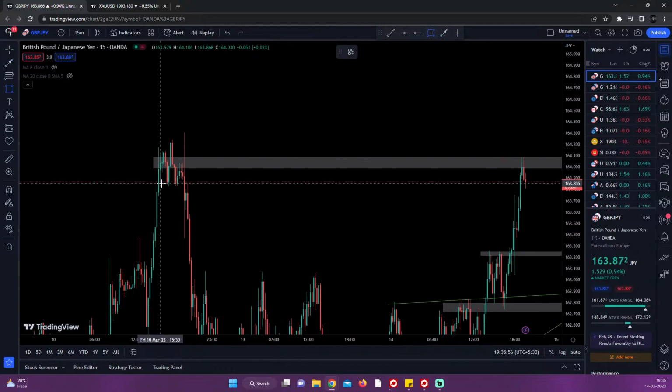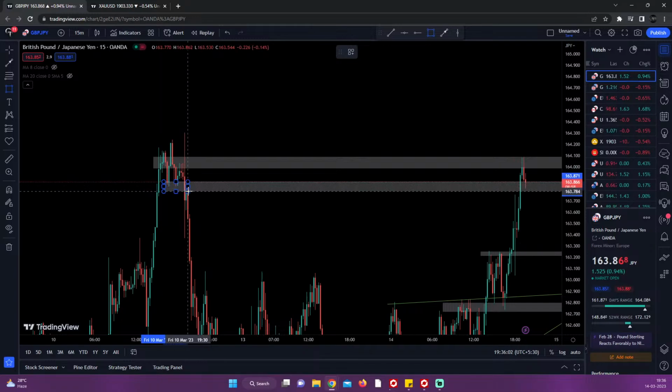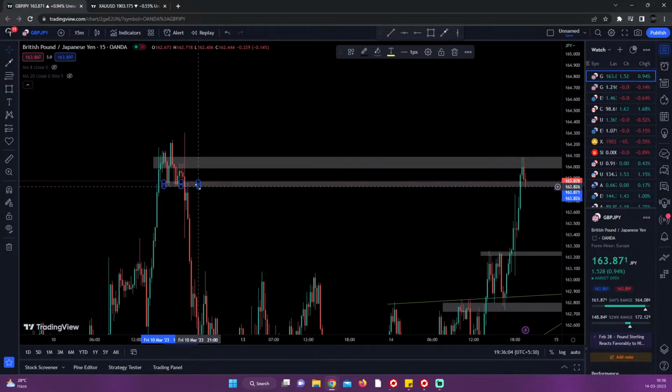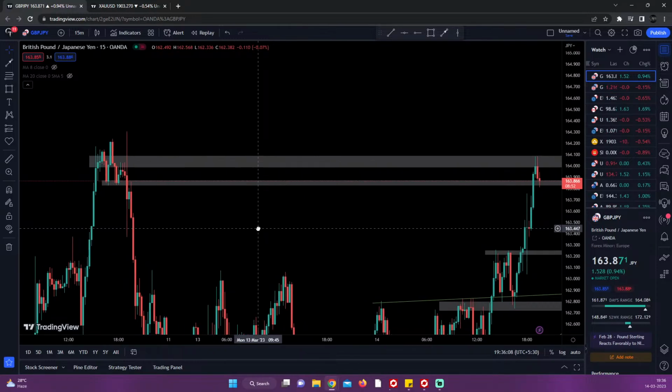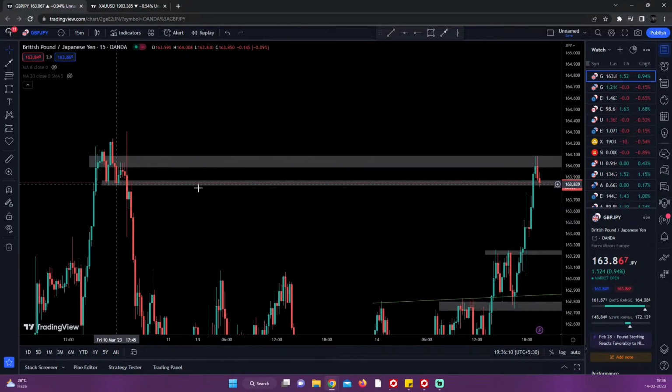In the 15 minutes, now we can get some information out of it. Earlier the 15 minutes was a little bit confusing, but it can provide some sort of data. If I see the 15 minutes over here, we can clearly see the current 15-minute candle in GBP JPY is rejecting the area coming from the left, this area over here, which is also a support. So